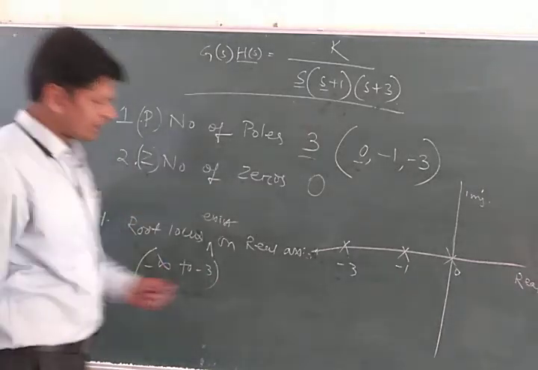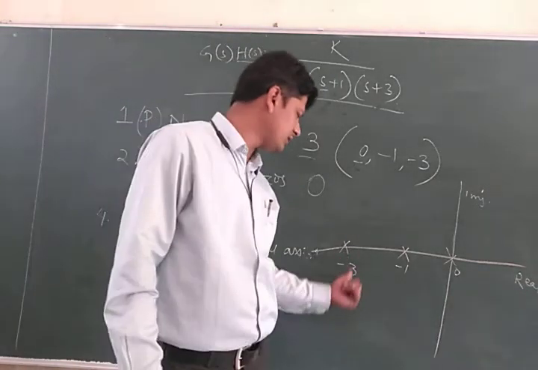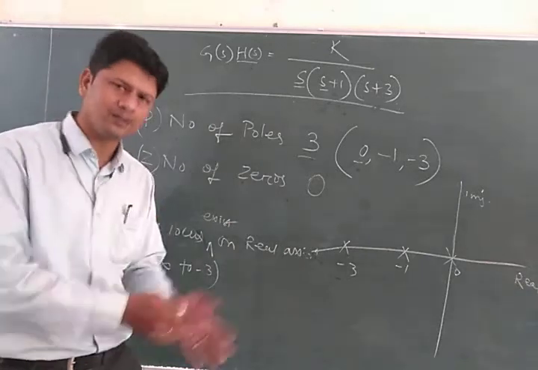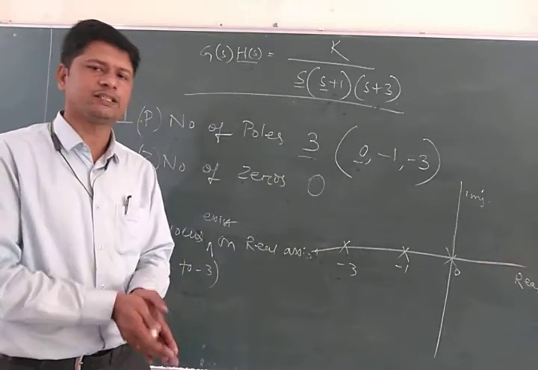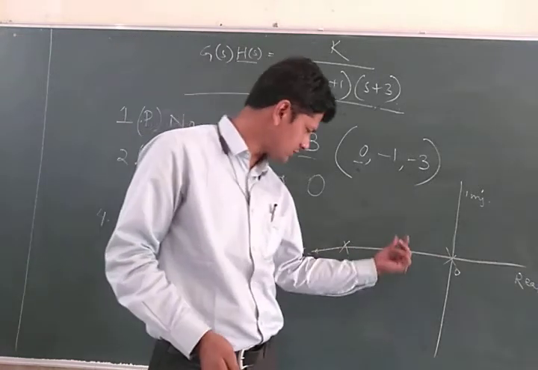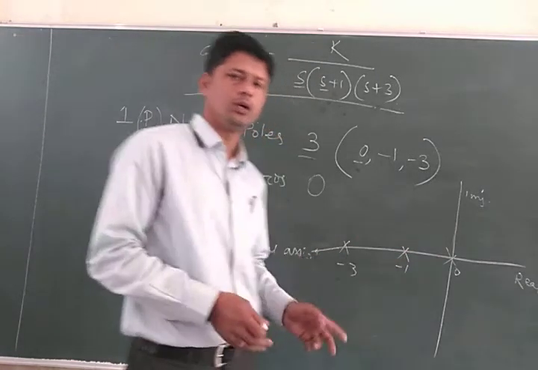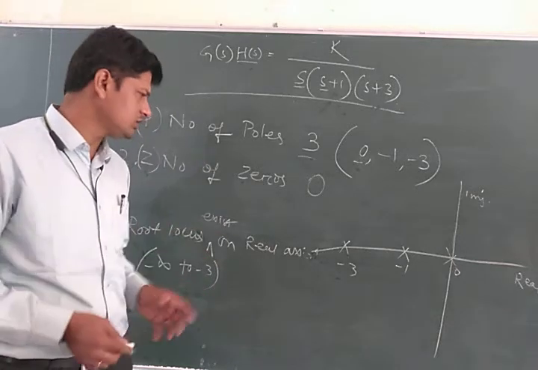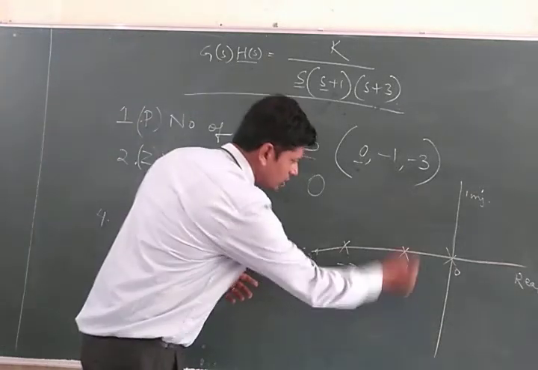Okay. At the moment I reach -3, one of these poles is now not to the right of that section, but at the section. So it is omitted. So the total number of poles to the right of the section now becomes 1 and 2. 2 is an even number. So the root locus does not exist between the section -3 to -1.